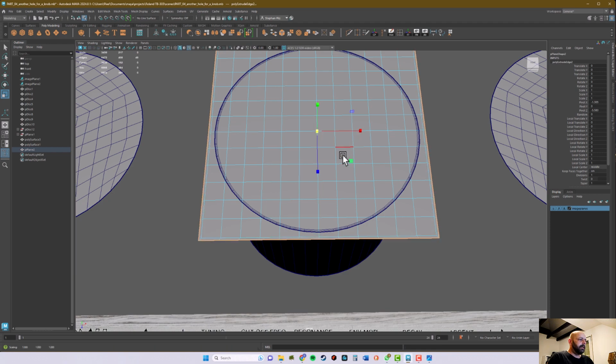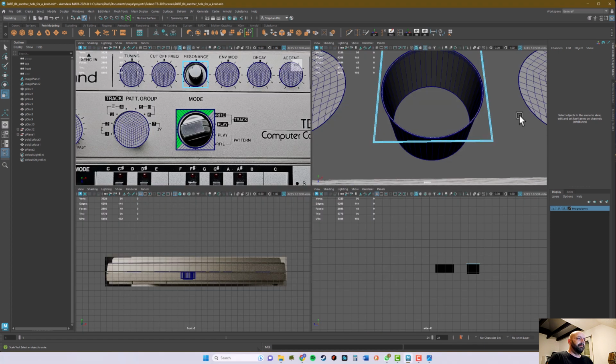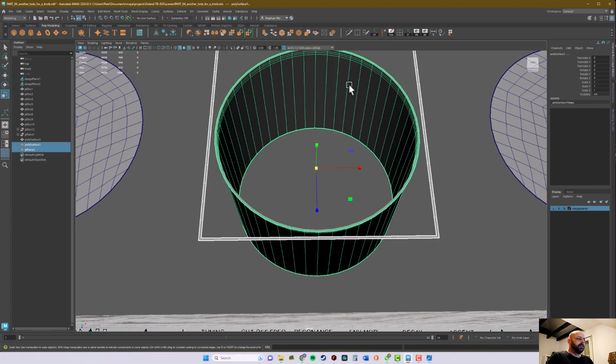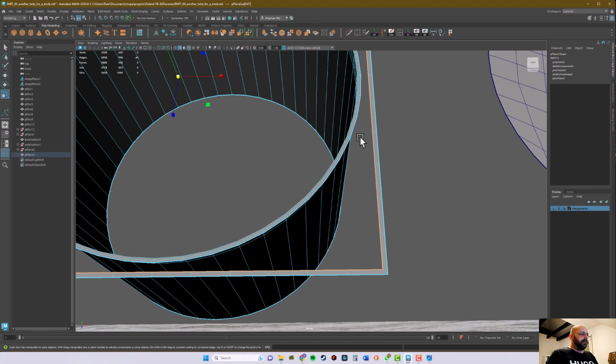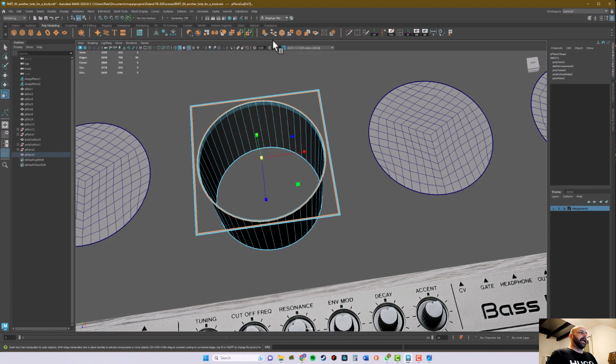Okay, now edge mode, double click, do another extrusion, and then do it from the center, hit R, just a tiny bit, and now go to the top view, go to face mode, and drag over all those faces we don't need, we only need the frame. And now let's select this object and shift select the other one and then say combine, and then go to edge mode, double click on that inner border edge from the frame, and then shift double click on the other border edge, and now